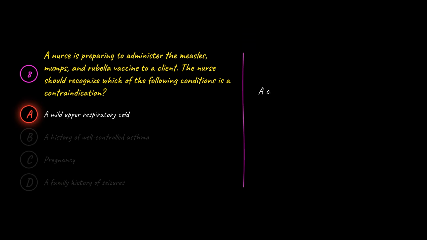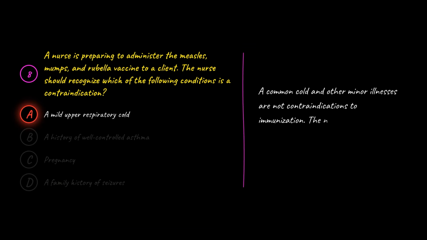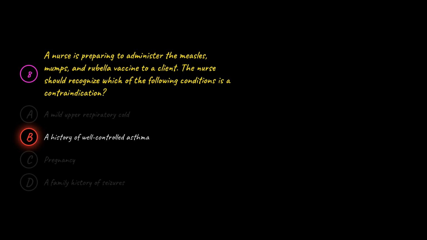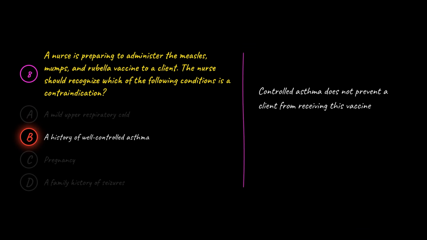A is wrong because a common cold and other minor illnesses are not contraindications to immunization. The nurse can safely give the vaccine, since only severe febrile illness or specific allergies warrant delaying it. B is wrong because controlled asthma does not prevent a client from receiving this vaccine. Asthma is a precaution only for the live nasal influenza spray in young children, not a reason to withhold measles,